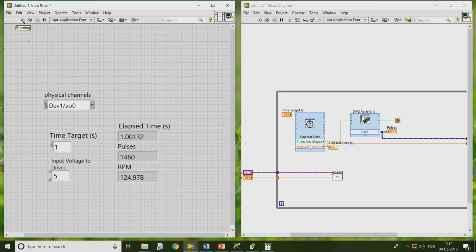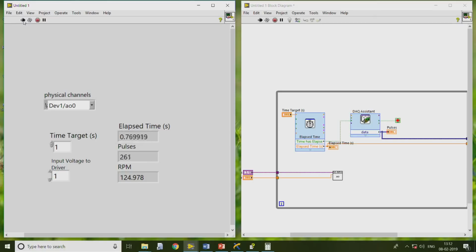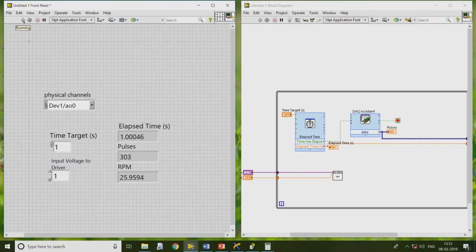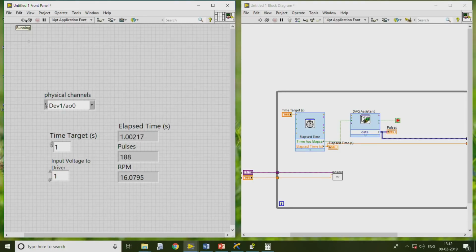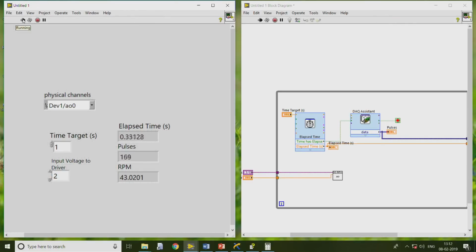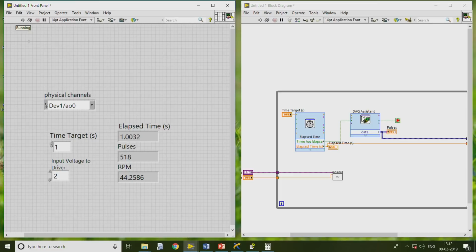Again, for 1 volt we got somewhere around 16 RPM. Let me change to 2 volts; we got 43. Let me rerun a second time: 43, 44.